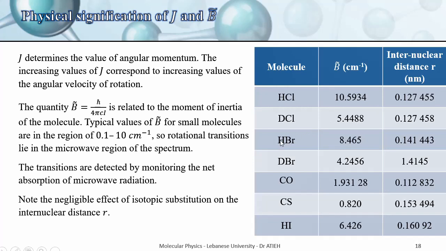So here it's the same. If we replace hydrogen by deuterium, we can see that the internuclear distance approximately remains the same. So B changes. Why does B change? Because simply I changes, the mass changes. So I changes, we have a different B. So B depends on I, on the distribution of mass or on the moment of inertia of the